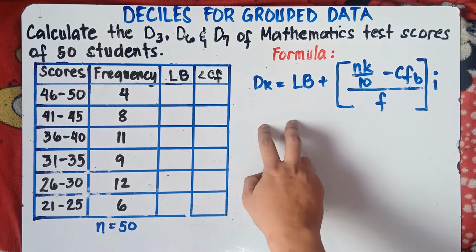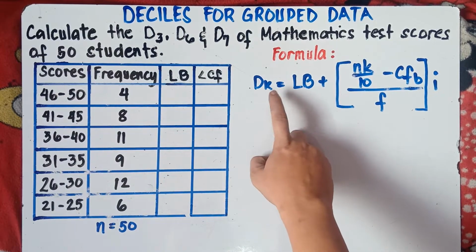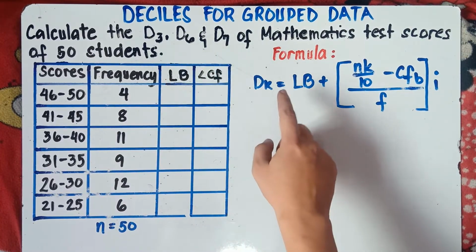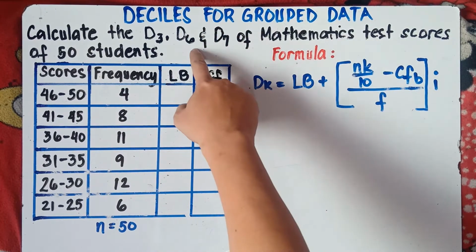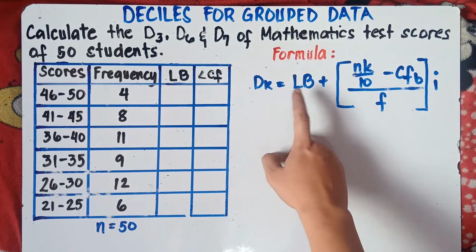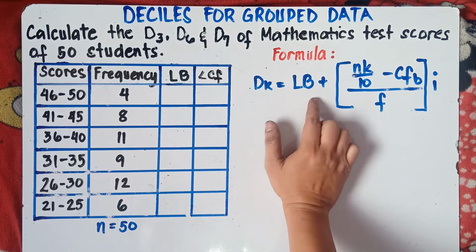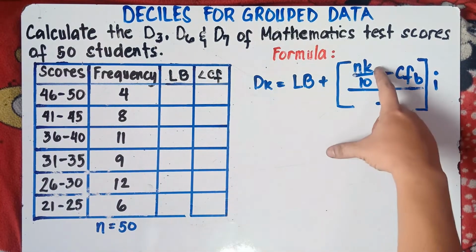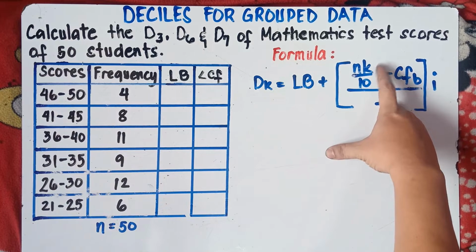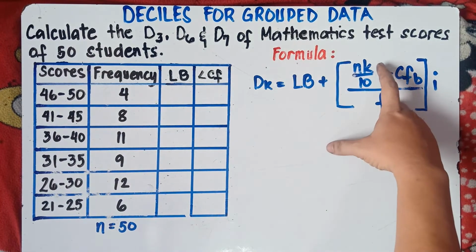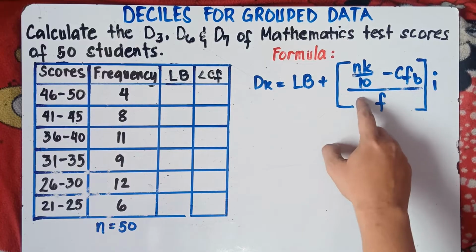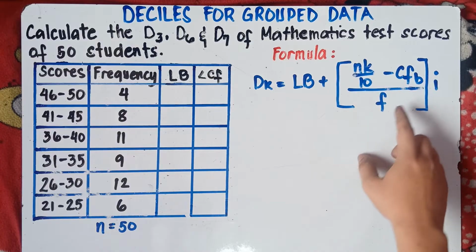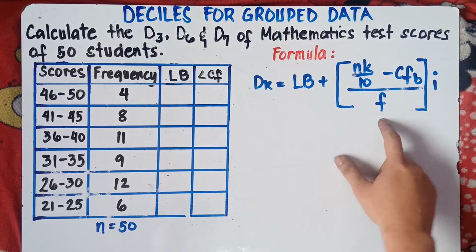The formula of decile, that would be D sub K. K there stands for the decile that you're looking for. If you're looking for the third decile, therefore your K is 3. If you're looking for the 6th decile, therefore your K is 6. If you're looking for the 7th decile, therefore our K here is 7. D sub K equals LB, that would be lower boundary, plus bracket, N is the total number of frequency, K is the decile that you're looking for, divided by 10, minus CFB, that would be cumulative frequency before, all over F, the frequency of the decile class, times the